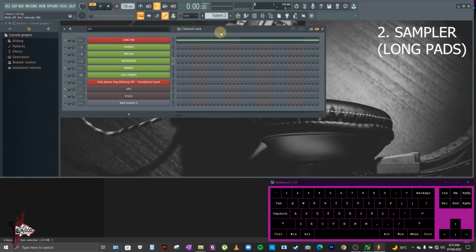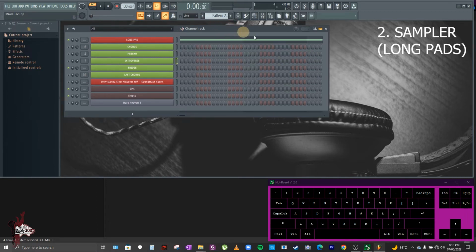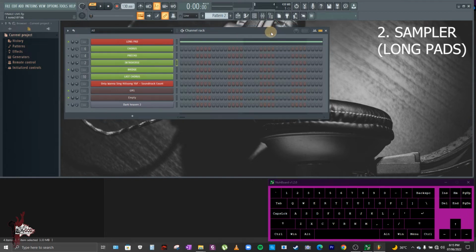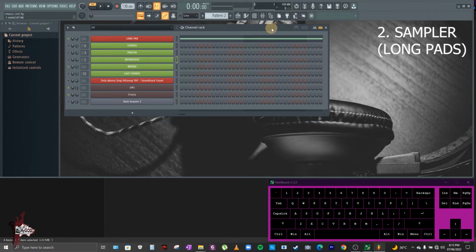So that's the example sound that I have made. Okay, so that ends the lesson tutorial for the long pad.